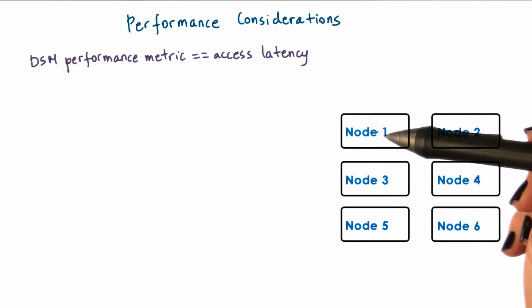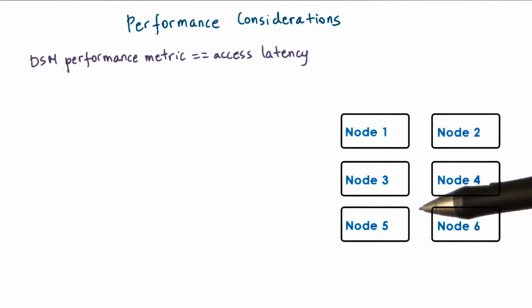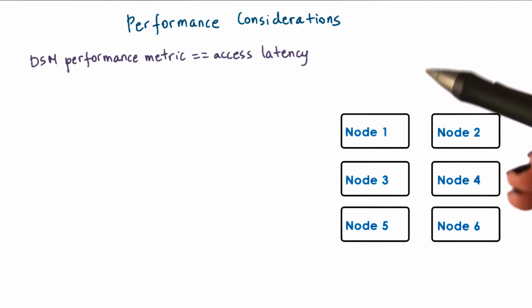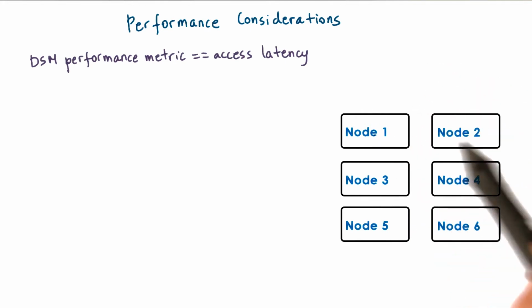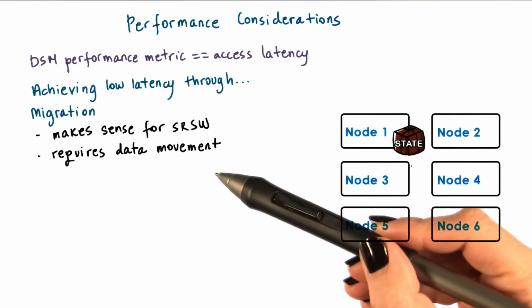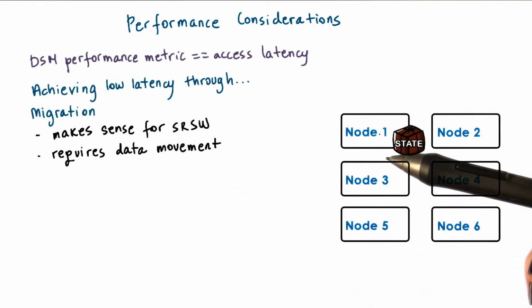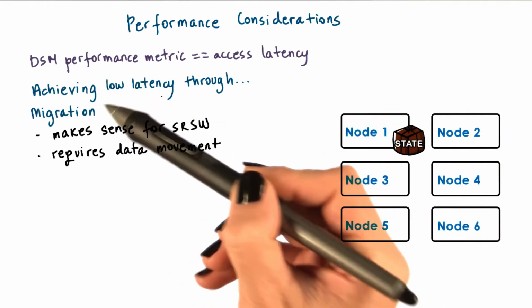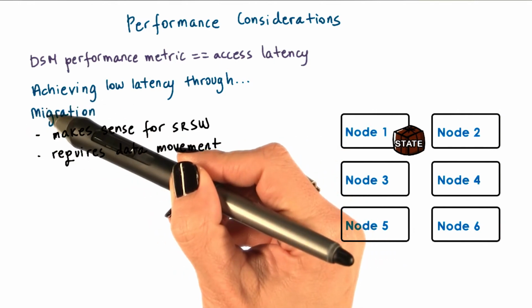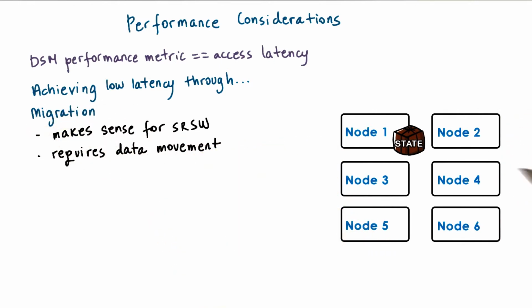Clearly, accessing local memory is faster than remote memory, so what can we do in order to maximize the number of cases where local memory is accessed versus remote? One way to maximize the number of local accesses and achieve low latency is to use a technique called migration. Whenever a process on another node needs to access remote state, we literally copy that state over to the other